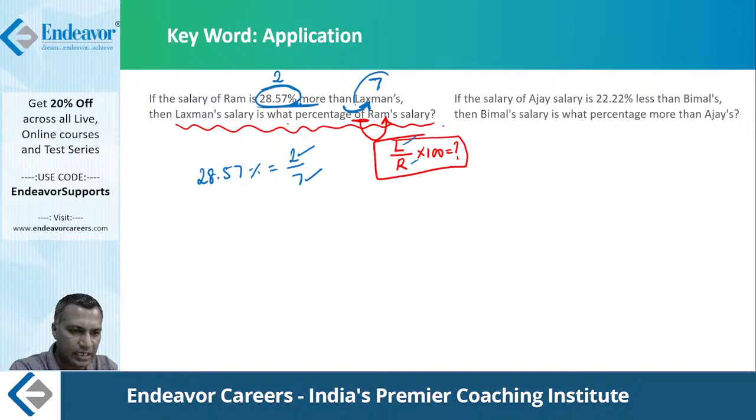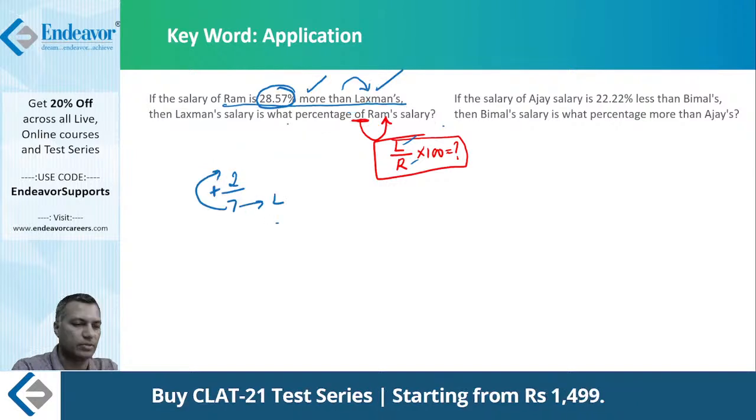Now look at this fraction, 28.57%. What is this? 2 divided by 7. Apply this for Lakshman. Whatever is coming in the denominator is this number, for Lakshman. What will be Ram? The word is more. More means plus. Simply add these two numbers, 7 plus 2, and call that Ram. Therefore, if Lakshman is 7, then Ram is nothing but 9. So how did you get this 9? Because of the word more: 7 plus 2. Just add them up.